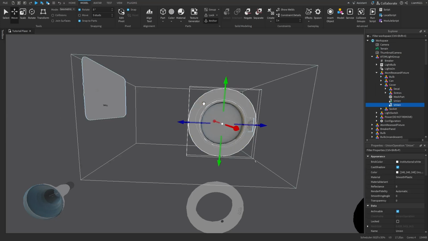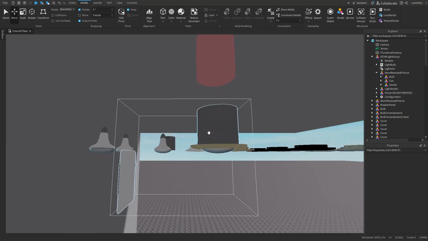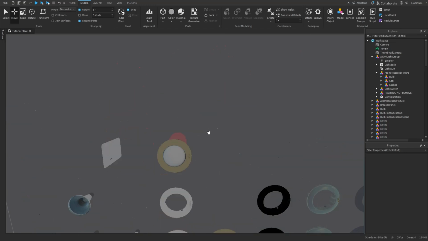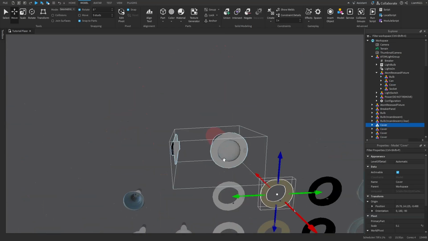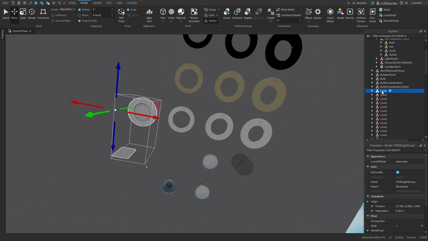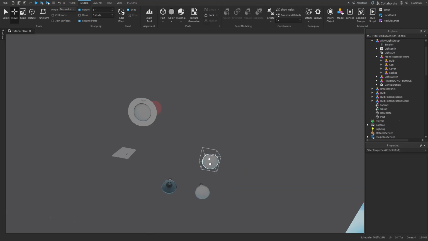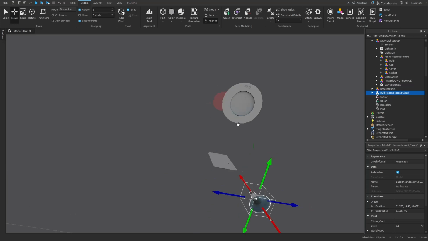Well, there's more to it than that. It's this. You gotta delete that. There we go. See, you can just do that. Pretty easy. So, let's get rid of all these other covers, because I'm not gonna be wanting those. I don't want that. But what I do want is this bulb, because I think that the incandescent bulb looks